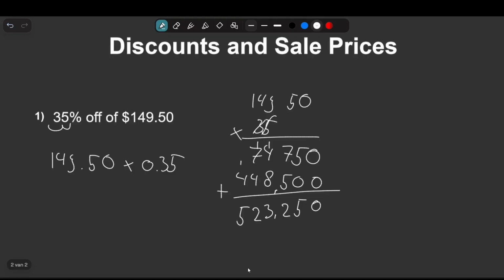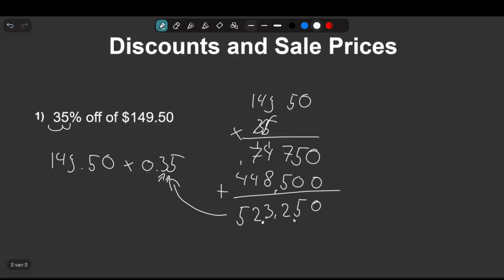523,250. But now, again, we have to look back to our rate of discount. As you can see, we had 2 digits to the right of our decimal, the 3 and the 5. So again, we have to put the decimal so there are 2 digits after the decimal. This will be exactly right here, between the 2 and the 3. So we have